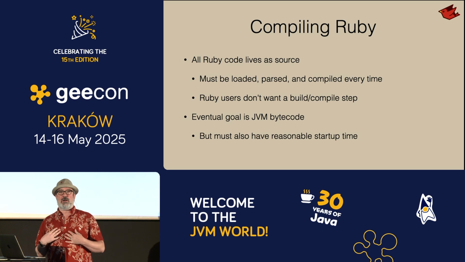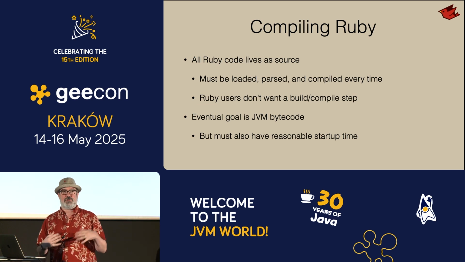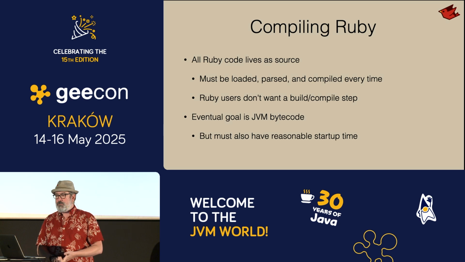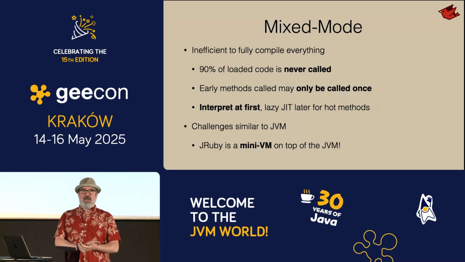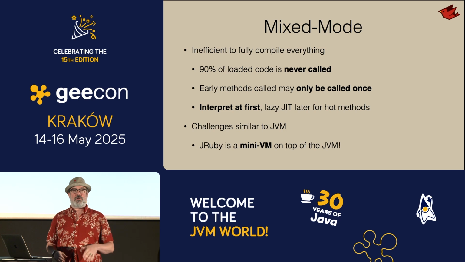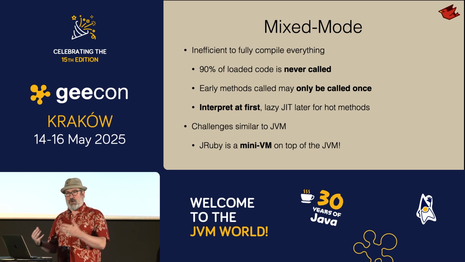On the JRuby side, our goal is to eventually get to JVM bytecode. That's how we're going to get the best optimization, but we also want to have reasonable startup time. Adding another stage to that execution pipeline just slows down the process of running code. So for JRuby, we actually decided to do what was called a mixed mode runtime, very similar to the way